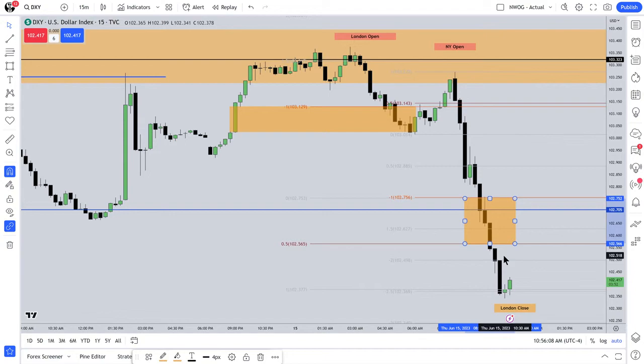So say this was like the euro dollar, or it was the ES, or an NQ, or something I'm trading. I don't trade the dollar index. I use it as a barometer. Everything I'm showing you here should be a mirror image on euro, and it should be a mirror image on pound dollar. But because of this idea of the order block, and now because we went below the mean threshold of it, I don't want to see the upper portion of that order block now retraded to. It can. It's best if it doesn't.